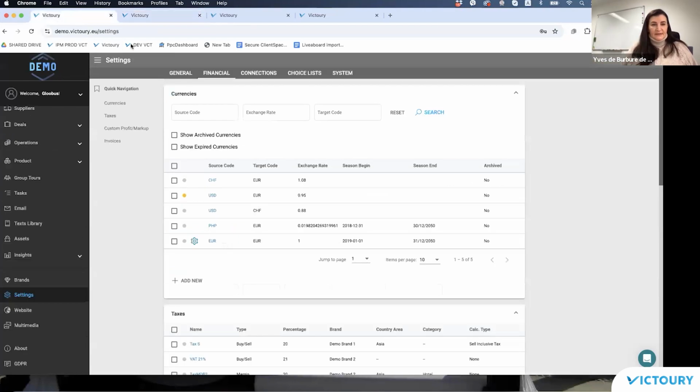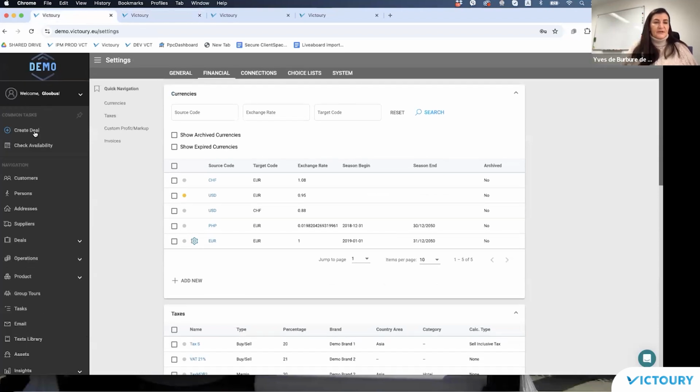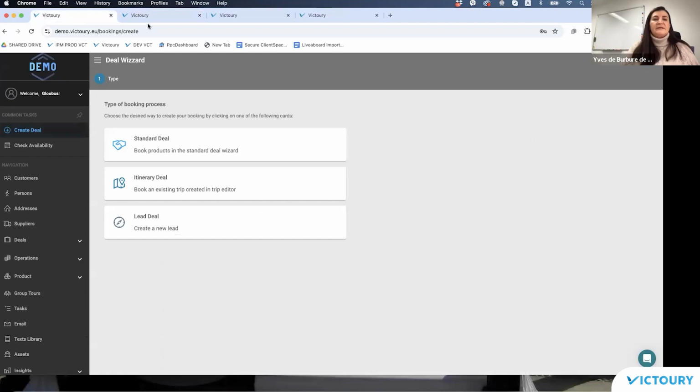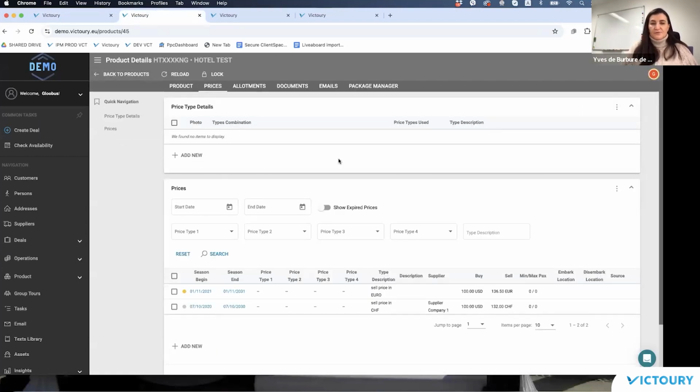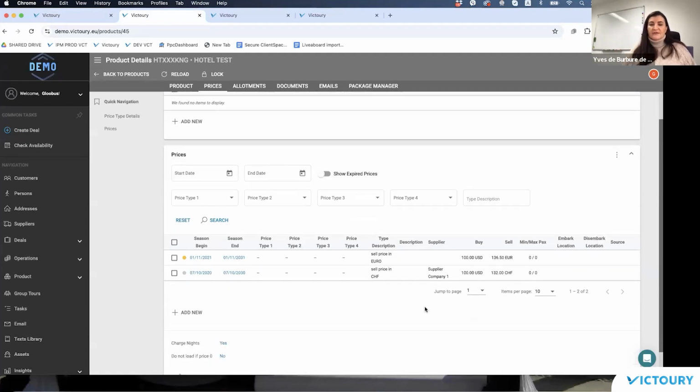And to go back then to the actual step that I would like to show you, which is the creation of a deal. I am on the product, and I will be just booking this product for maybe 1 night or 2 nights to have a quick calculation. And here you see the two prices. What I would like to show you is how the system is treating the price retrieval part when I am initiating a booking in a different currency than my home currency, how the price retrieval is handled.